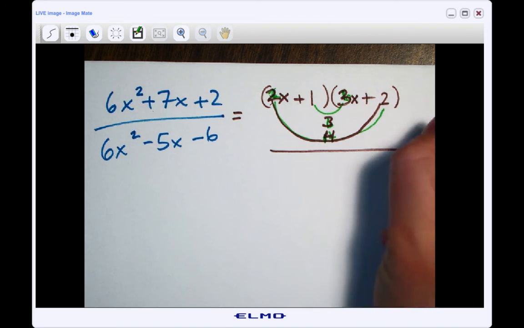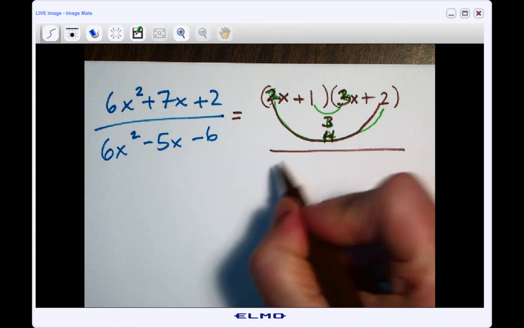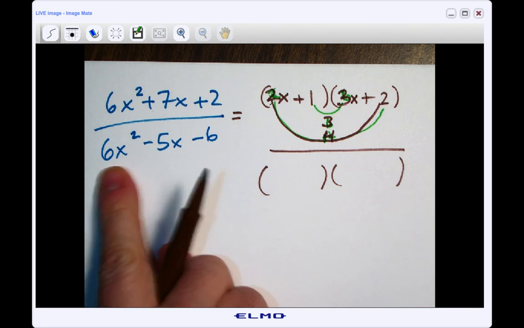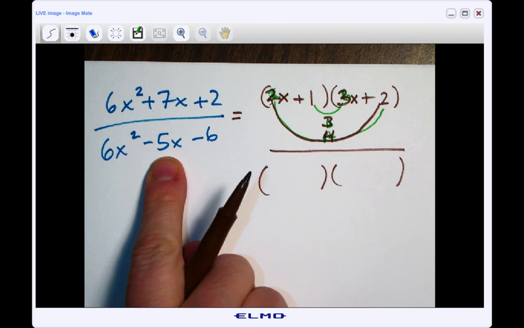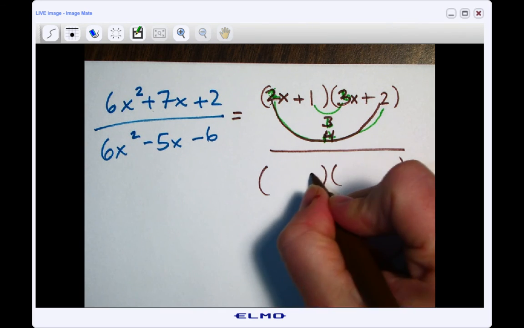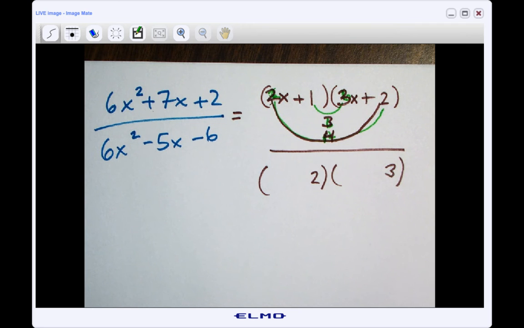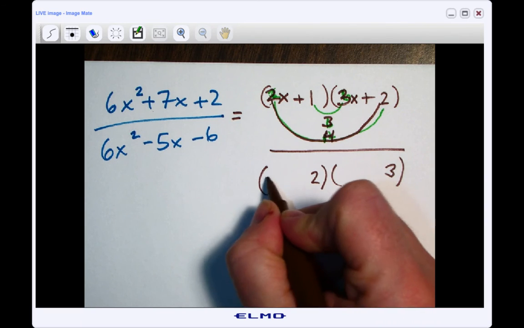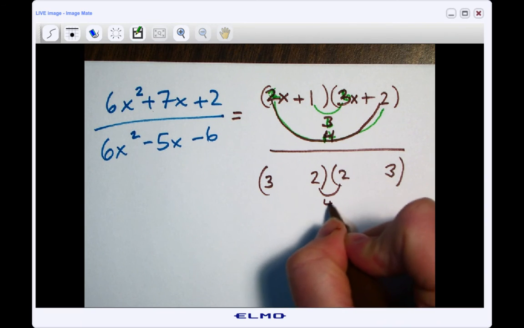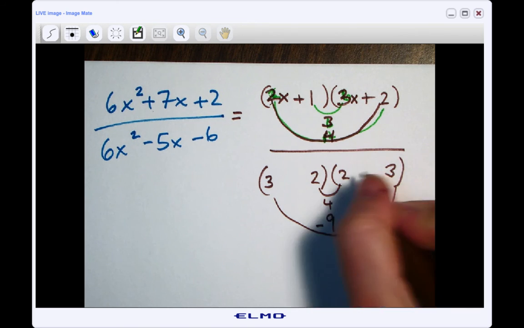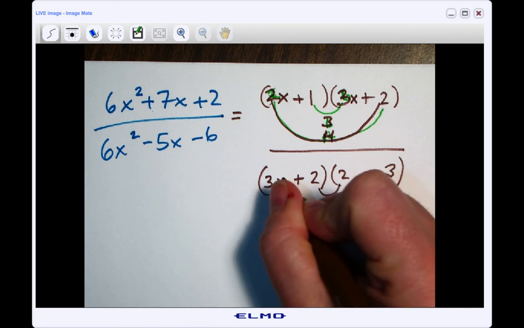Now, underneath here, we're going to have this one. Now, this one's a little bit trickier. But again, I feel like the 6s are not going to be the option here because we have a 5 in the middle. So I think I'm going to have to deal with 3s and 2s again. So I'm going to try a 2 and a 3 again, and a 2 and a 3 for the first one also. I need a 5, so I guess I want the 9 and the 4 would be good. So this would give me a 4, and this would give me a 9. I need a -5, so I want this one negative, positive,